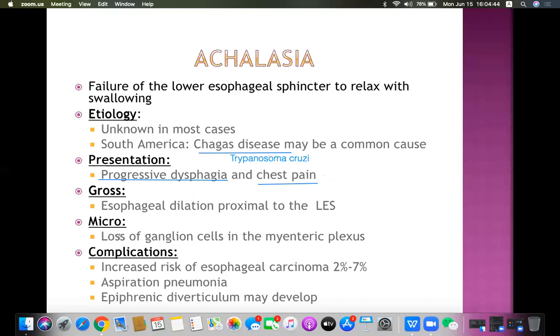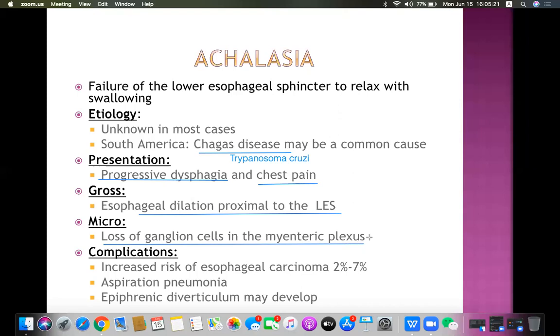Now, what are the gross and microscopic features of achalasia? There is esophageal dilation proximal to the lower esophageal sphincter. I already told you that. According to the microscopic exam, there is loss of ganglion cells in the myenteric plexus. The esophagus is a part of our GI tract and also has 4 layers. In between the muscle layers, there is the myenteric plexus. If the myenteric plexus or the cells present there are absent, then